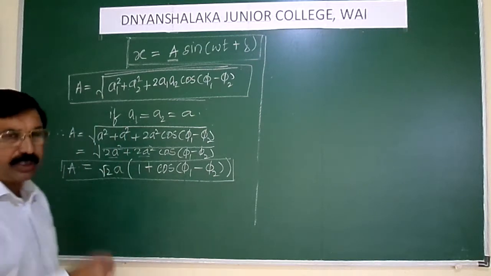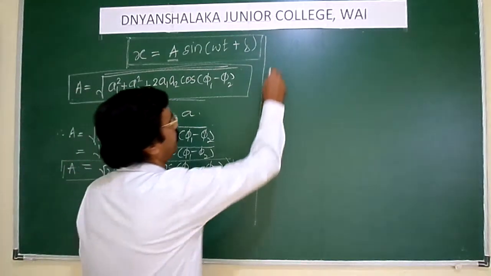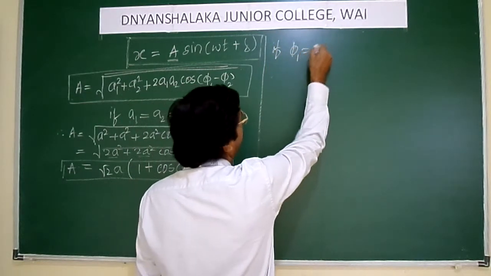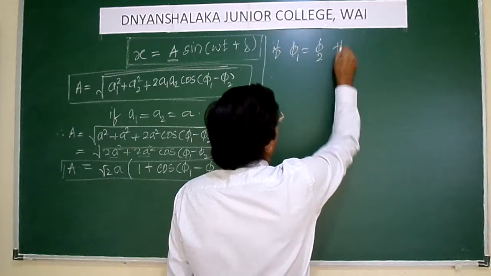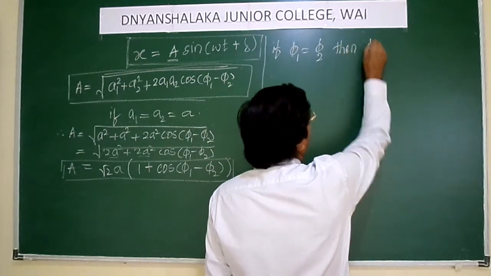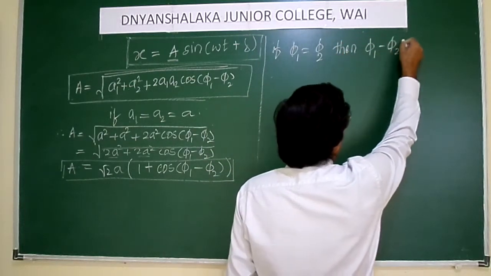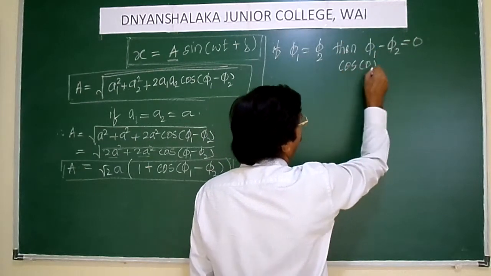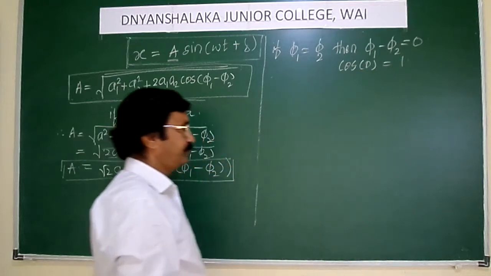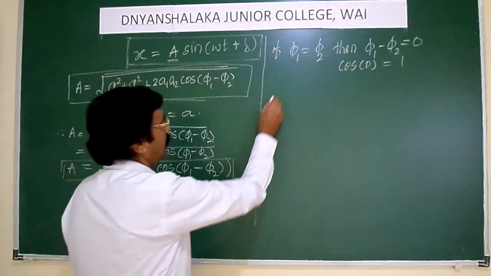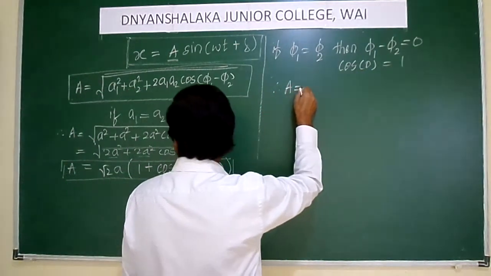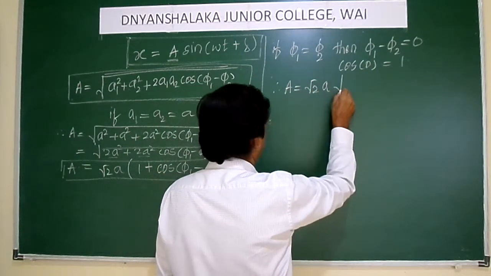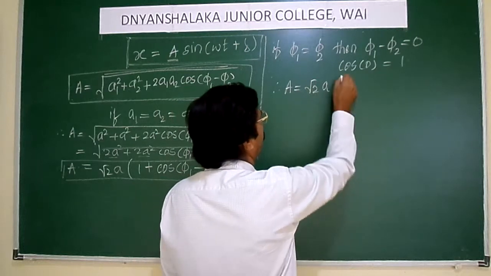But if the initial phases are also same, if phi 1 is equal to phi 2, then phi 1 minus phi 2 is equal to 0. Cos of 0 is equal to 1. Therefore, A is equal to root of 2a square into 1 plus